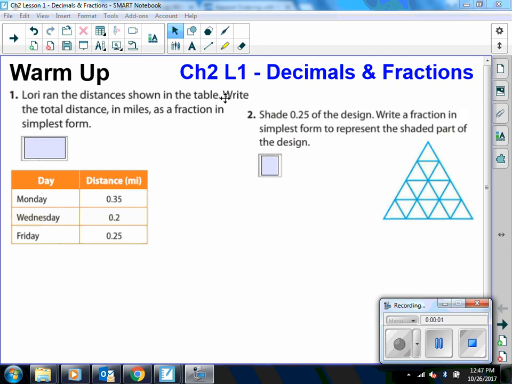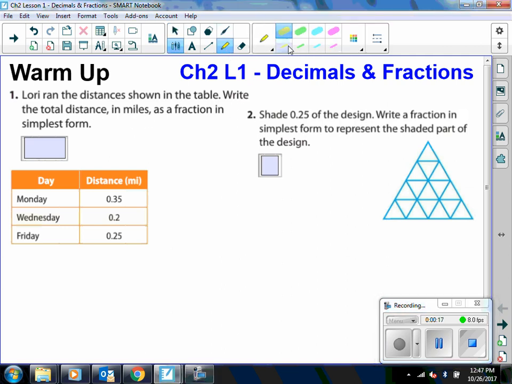Fraction in simplest form. So we want the total distance, and we want our final answer to be a fraction in miles in simplest form. Is everybody clear with that? So if we want the total, then we're just going to add them all up, right? So we have 5 plus 5, that's 10, carry the 1. Then we have 3, 4, 5, 6, 7, 8. So here we have